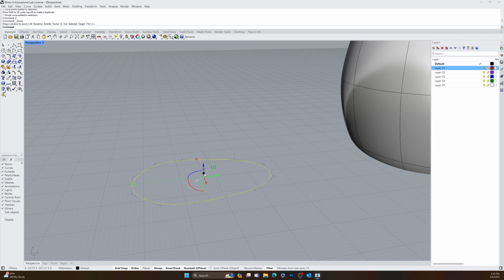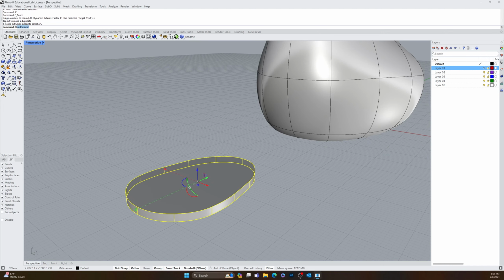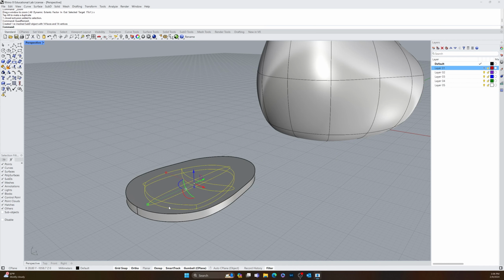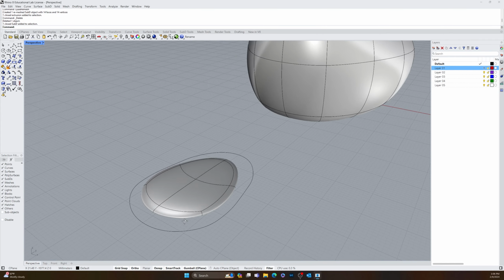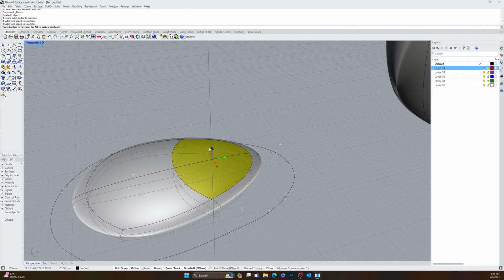And I'm going to scale it up just a little bit. And then quad remesh, and I'm going to use 10 again and Y symmetry. Okay, click on this, delete. All right. And then I'm going to Control Shift click on these two and kind of pull that up